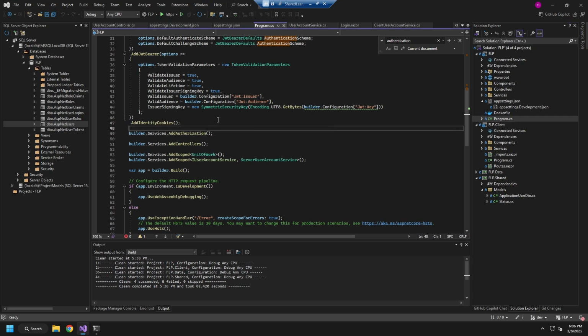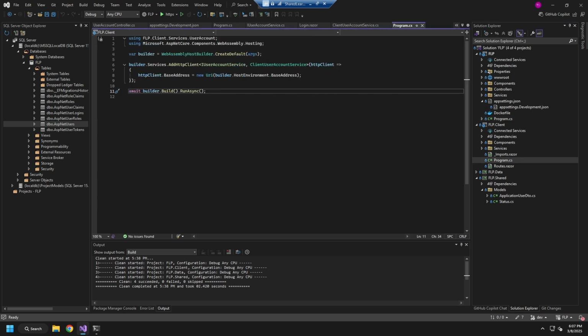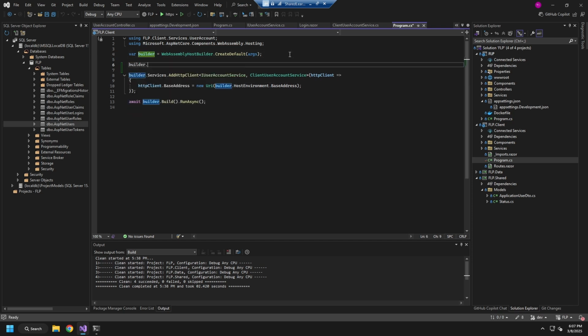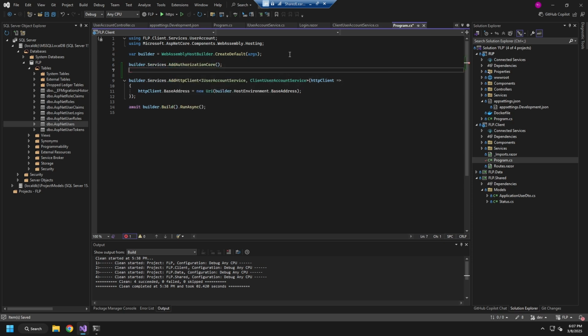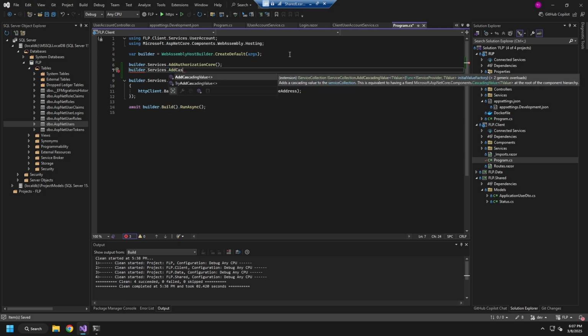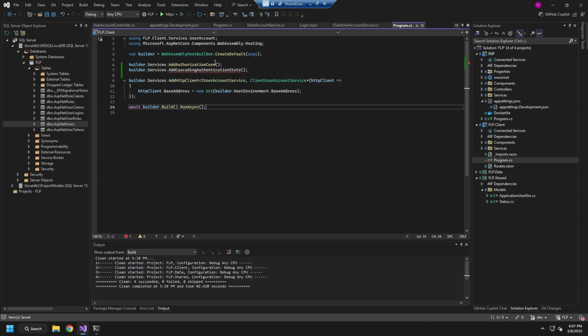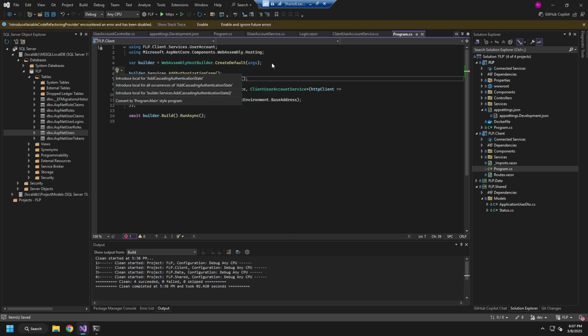Okay. So actually, after looking at the program.cs, we're going to be looking into the client program.cs, because this is where that custom authentication state provider is actually going to live. So we need to add a few things here to tell the server or the client that you're going to be using services.AddCascadingAuthenticationState. So what that means is we're going to be saying, all right, you're going to be looking at